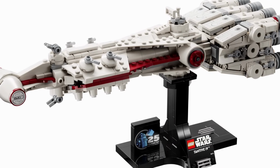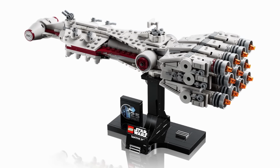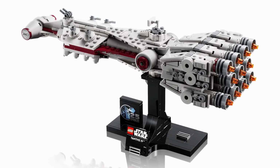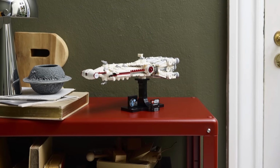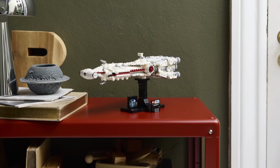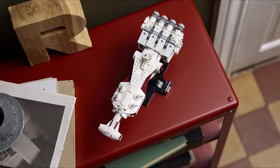That's why it's at the 10th spot. It's like LEGO always just wants to make them $10 more than they should be. I think $70 would have been a great price for this set, but $80 again is just too much. And also the build itself was a bit underwhelming for me, at least, because I was really looking forward to